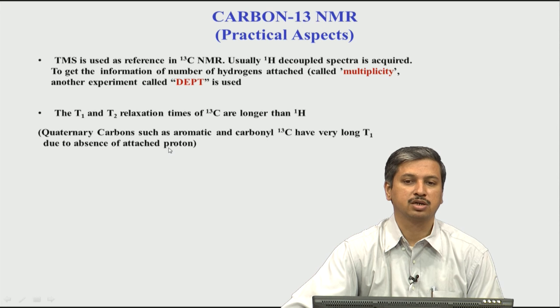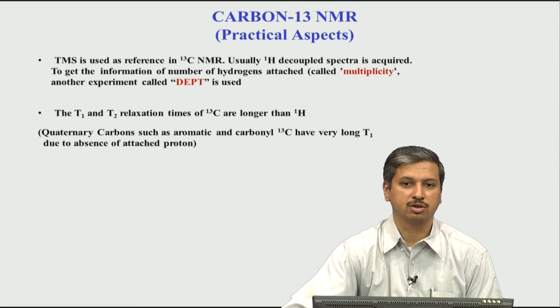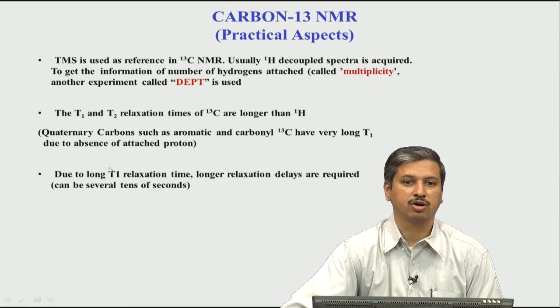So basically the consequence of this is that in the same molecule I am going to have a range of T1 and T2 values. That is a big problem in a molecule, because typically we expect that for a given molecule all the atoms have similar relaxation times, but it turns out for carbon it is not so. And what is the effect of this? The effect is that because of the long relaxation time, you have to use what is called a longer relaxation delay. Now if you remember, what is a relaxation delay? A relaxation delay is the delay that we use between two consecutive scans.